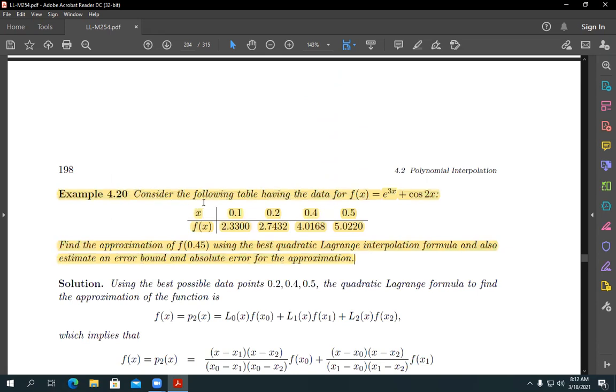He says, consider the following table we have. How many points do we have? It is 4 points. And then he says, find the approximation of 0.45 using the best quadratic polynomial. A quadratic polynomial always needs 3 points, so we have to select 3 points. How do we select 3 points? Straightforward, the teacher gives you the